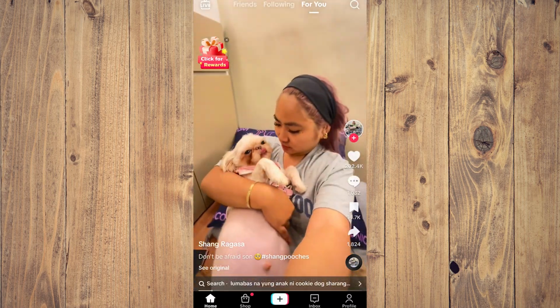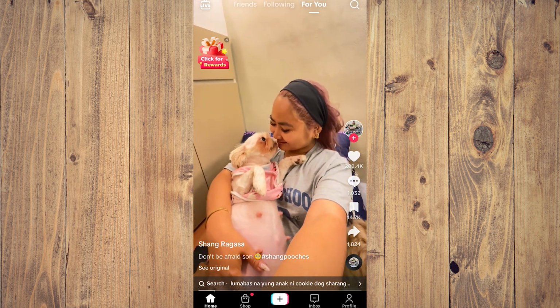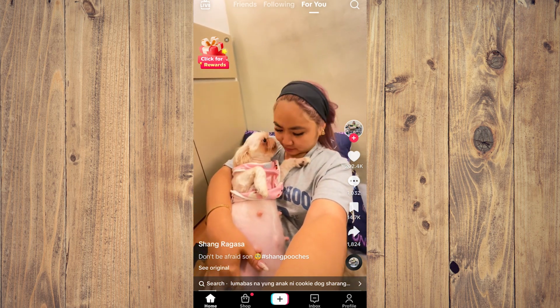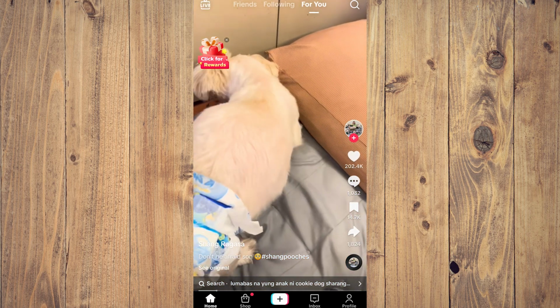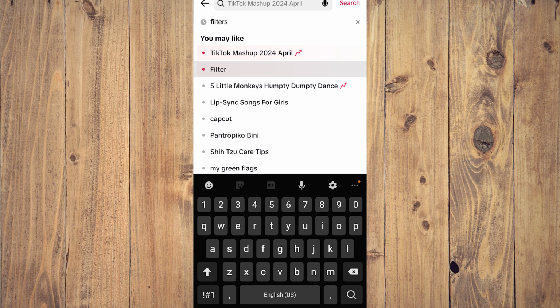In today's video, we are going to show you how to use a TikTok filter from other people's videos. Now, it's very easy, pretty much the same thing. So what you want to do is tap on the search bar on the upper right corner here. And what you want to do is tap on filter